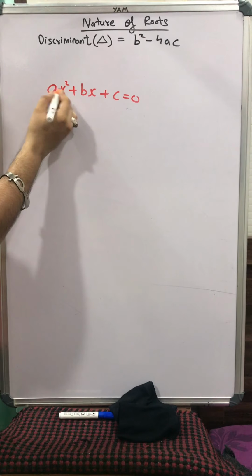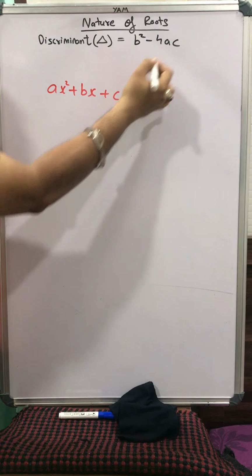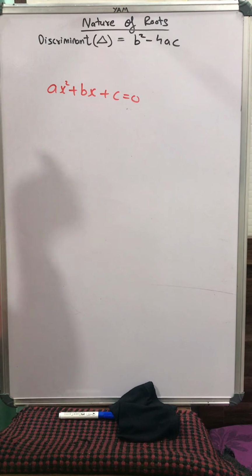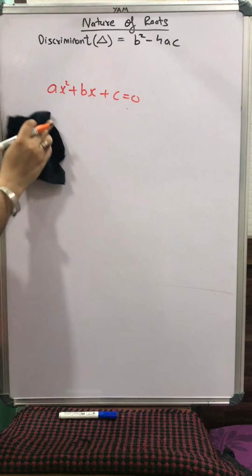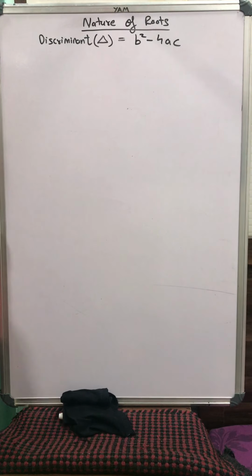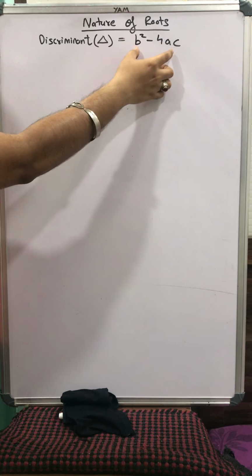So a is the coefficient of x square, b is the coefficient of x, and c is the constant term. From here we compare with a normal quadratic equation and we get the values of a, b and c. So the first step is we find the value of the discriminant, known as delta, with this formula b square minus